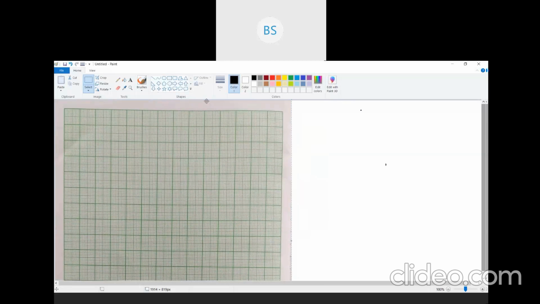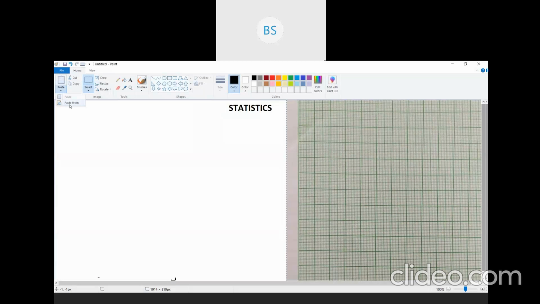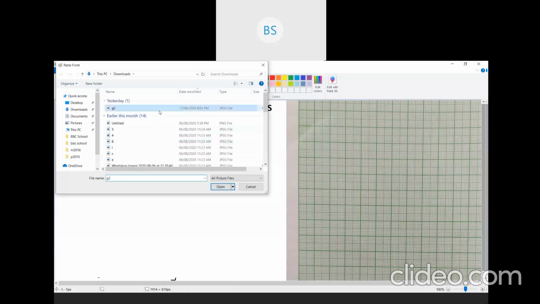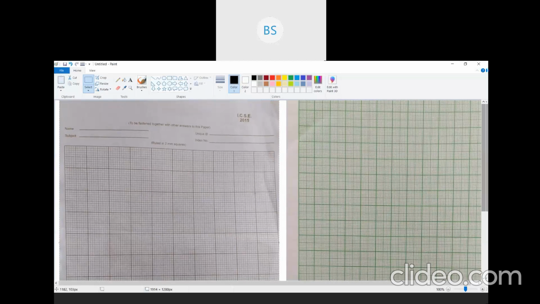But in your board exams, you will not be given this graph. The graph which you will be given is of 2 centimeter. I'll just show you that. This is the graph which you will be given in your board exams, and you'll have to use this graph. The only difference is that this is a 2 centimeter graph. It has 10 horizontal and 10 vertical lines. This is a fixed graph which you get in the boards, so we have to fit into these only.